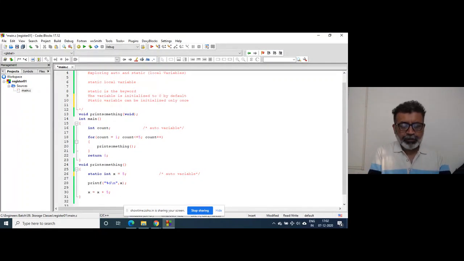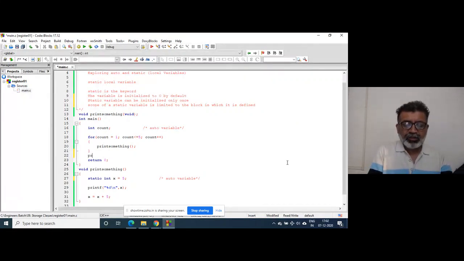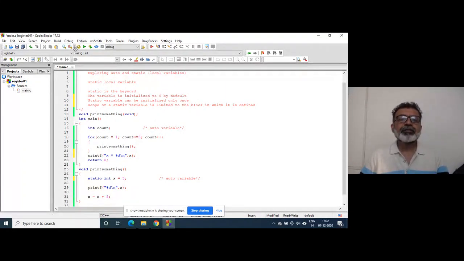Next, the scope of a static variable is limited to the block in which it is defined. So if I try to print x is equal to %d here, the program will give an error.